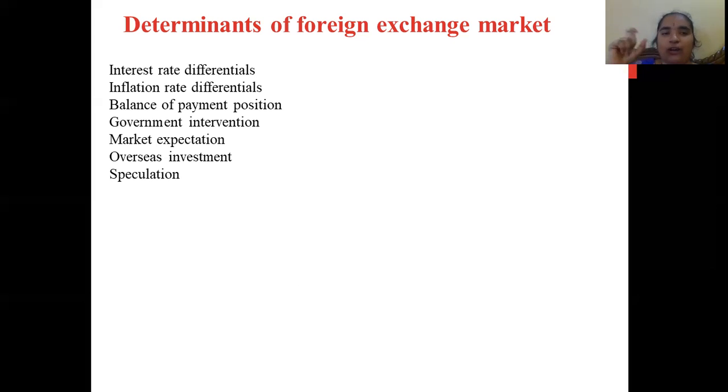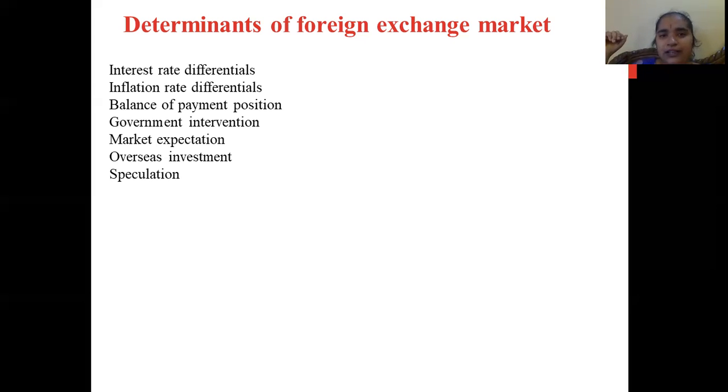Say for example, if you talk about an individual who is spending more or has more liabilities than assets, normally no one will try to have business relations with him, or you will not get a loan. Similarly, if there is an adverse balance of payment position, it will reflect the financial position of that country, and so the currency value of that country will be depreciated.